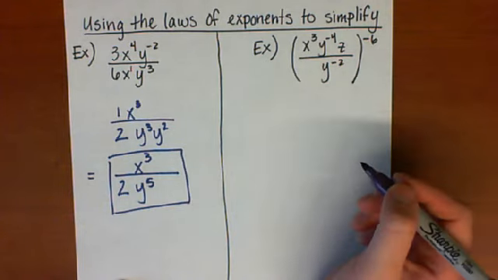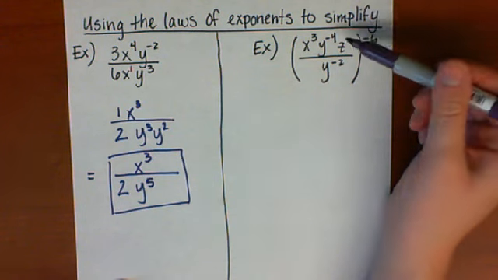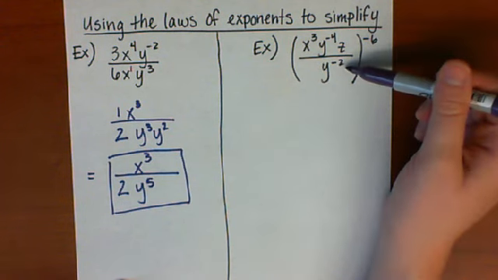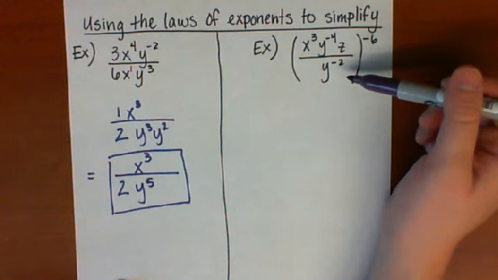Now this isn't the only way you can start this problem, but this is the way that I'm going to choose to do it. So I'm going to look inside and I'm going to notice that I have x to the negative 4th and x to the negative 2nd. And I can definitely simplify that. Now there's several ways that you can go about doing this.